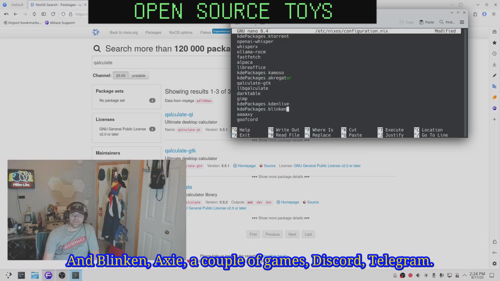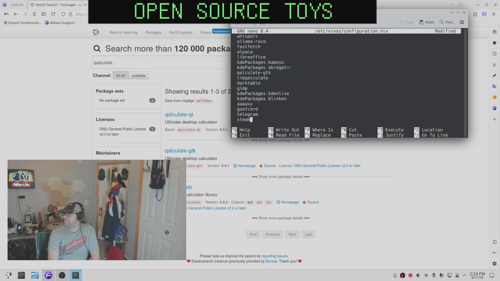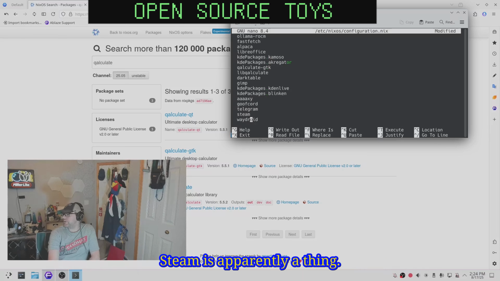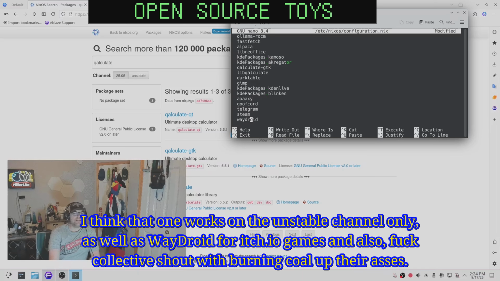And Blinken, a couple games, Discord, Telegram. Steam is apparently a thing. I think that one works on the unstable channel only, as well as Waydroid for itch.io games, and also